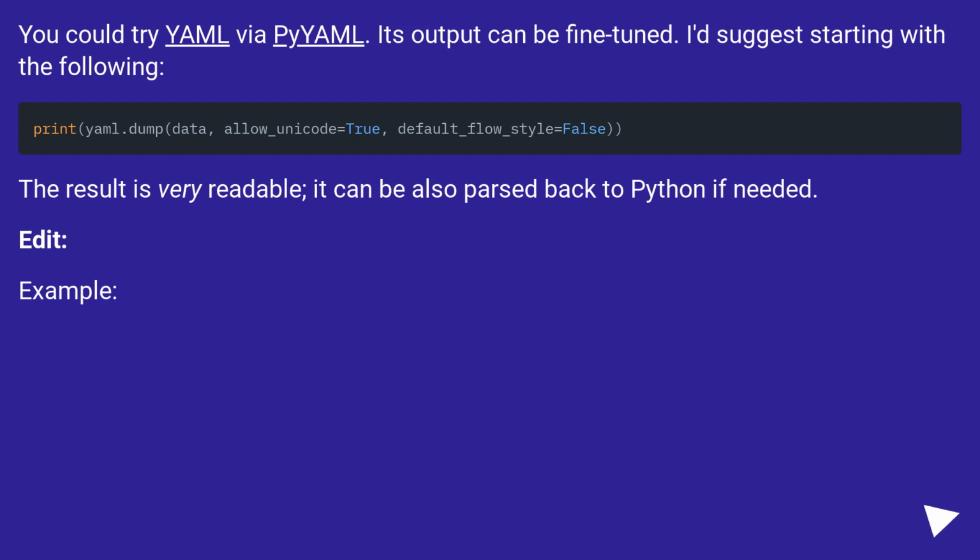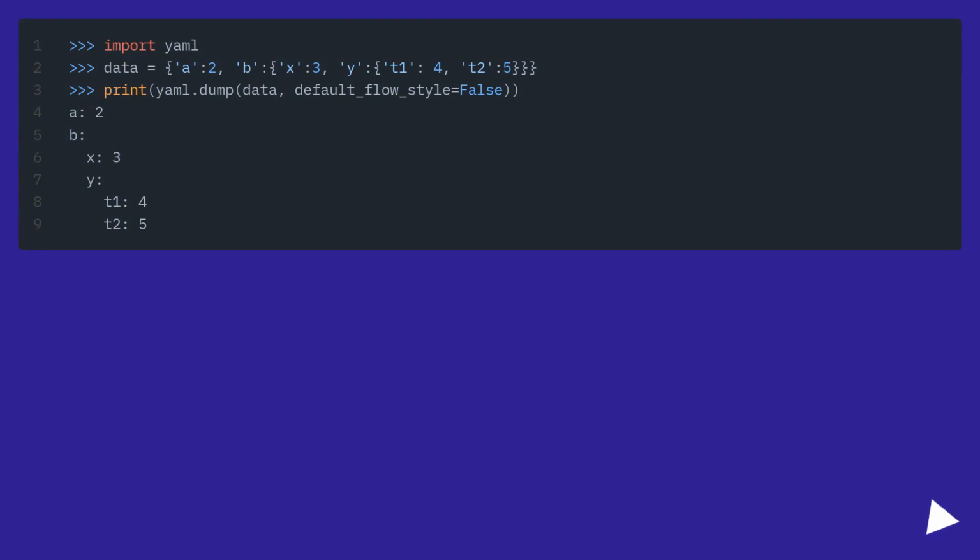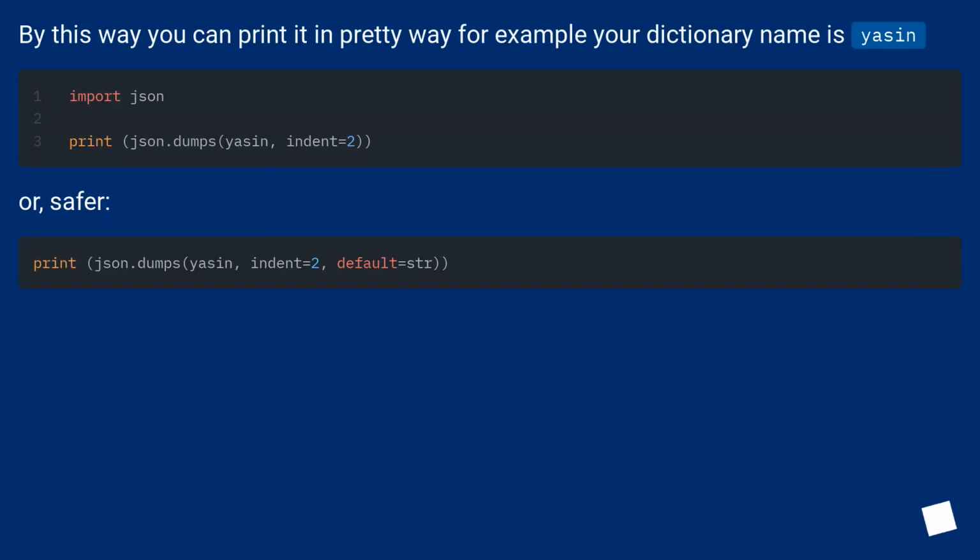Edit. Example. This way you can print it in a pretty way. For example, your dictionary name is Yashin. Or, safer,